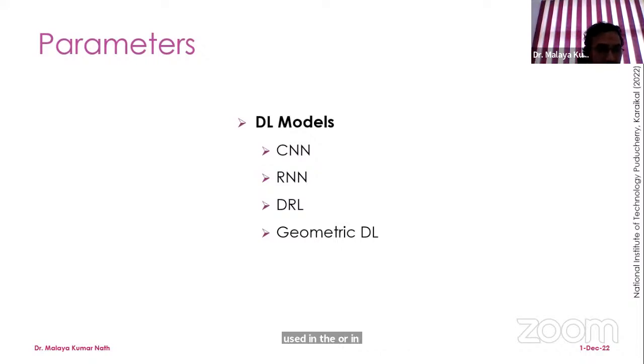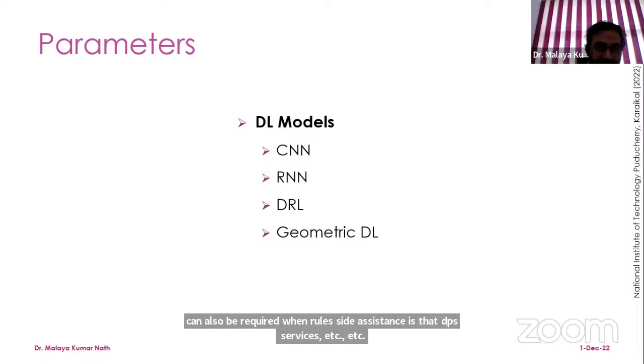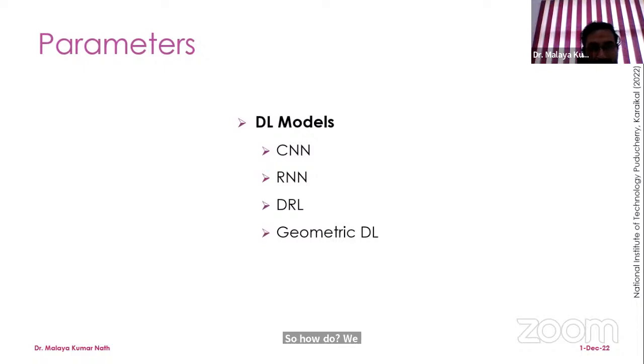CNN for classifying different kinds of images, where classification is required. It can be required in the case of medical data. It can also be required for roadside assistance, that is GPS services, etc. So as we use blockchain in CNN, it has the advantage of less processing time, and it doesn't have any kind of memory.